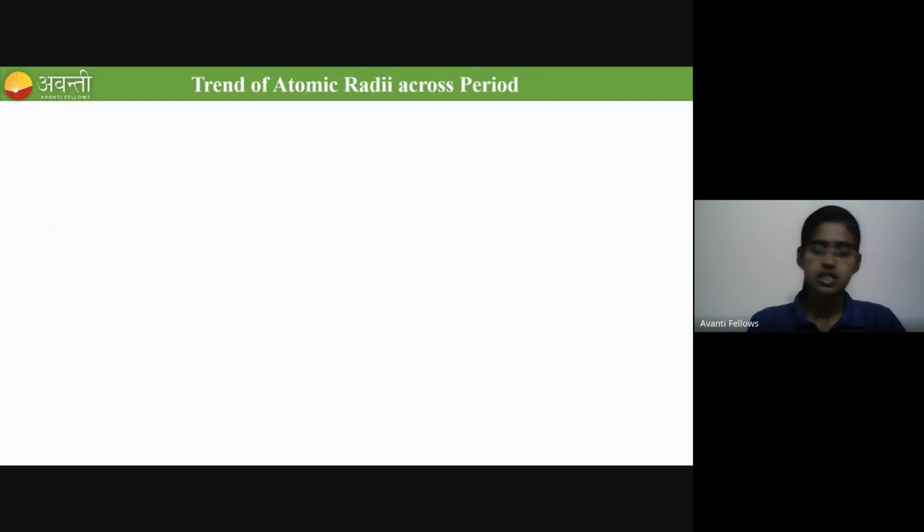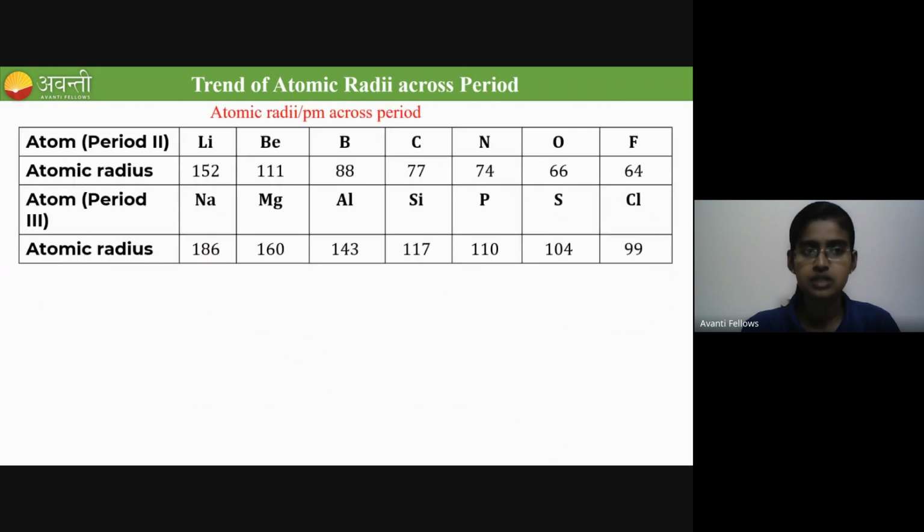First of all, let's go with the trend of atomic radii across the period. Across the period means moving from left to right. I'll show you the values of the second period and third period elements. Second period elements are lithium, beryllium, boron, carbon, nitrogen, oxygen, fluorine. You see here, neon is not given. Fluorine is 17th group. 18th group elements are not given here,